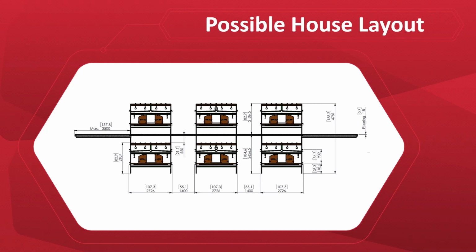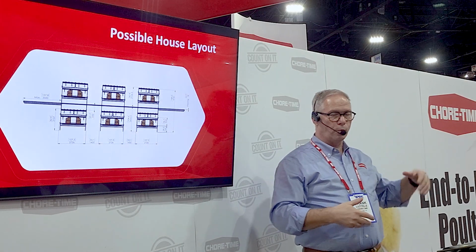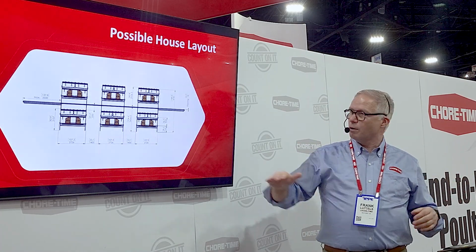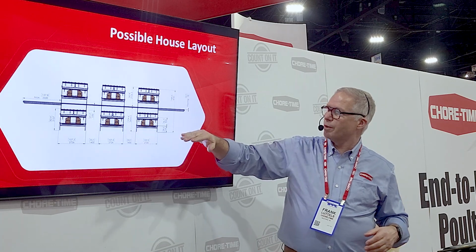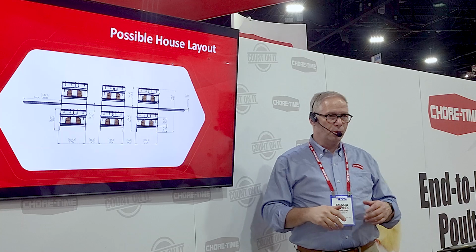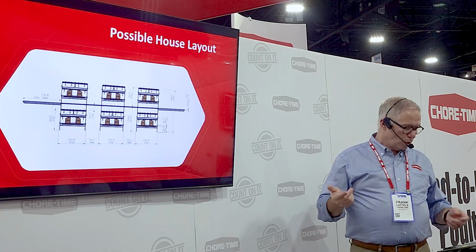Possible house layout. This was a two-tier house with Adapt. You see, the floor is integrated in the system. So when you have a high-rise house where the floor is out, where it didn't match or it's not good enough anymore, we can start in an empty house and we build the whole structure in once, including the flooring. So it's not that you need to have a structural floor. We can do the floor included, or we can do